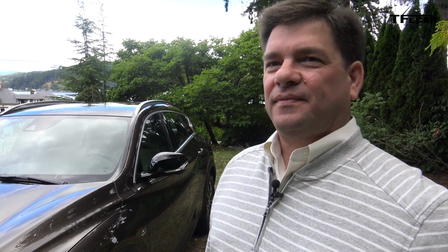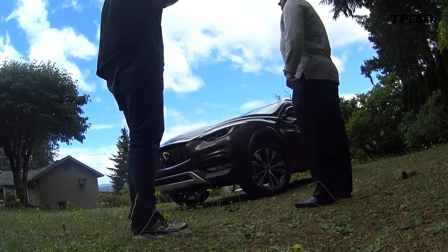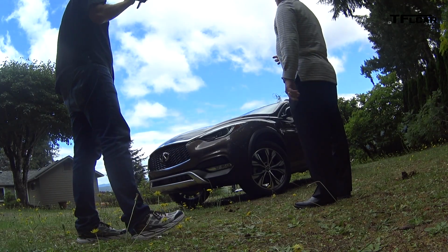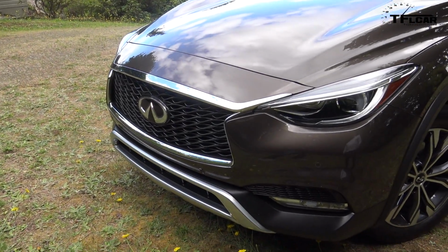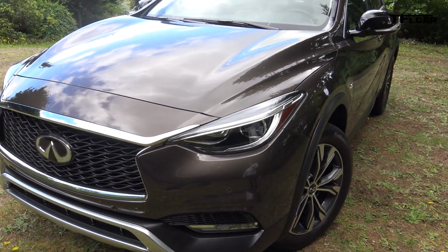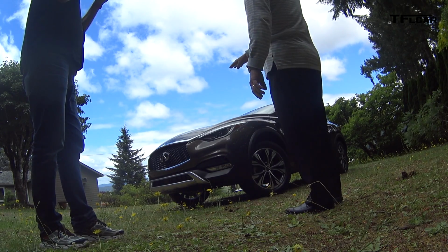Tell me about how this is different from the GLA, which it shares obviously a chassis and DNA and a drivetrain. Well, the first thing is when you look at it, you can tell it's a very beautiful vehicle. And we have the Infiniti signature styling elements, the double arched front grille, the front headlamp,